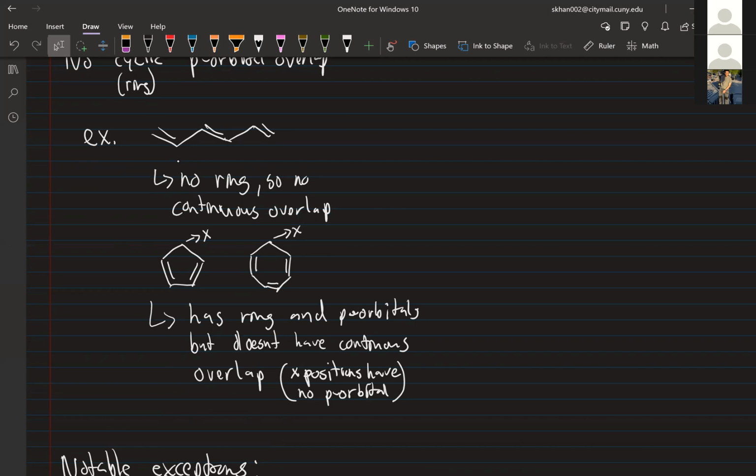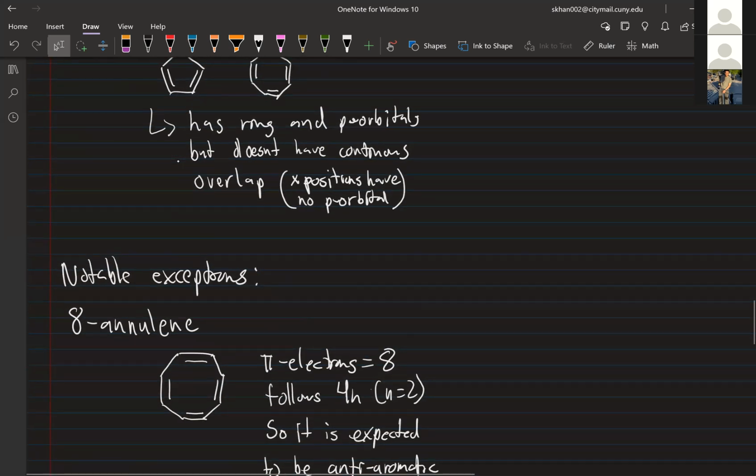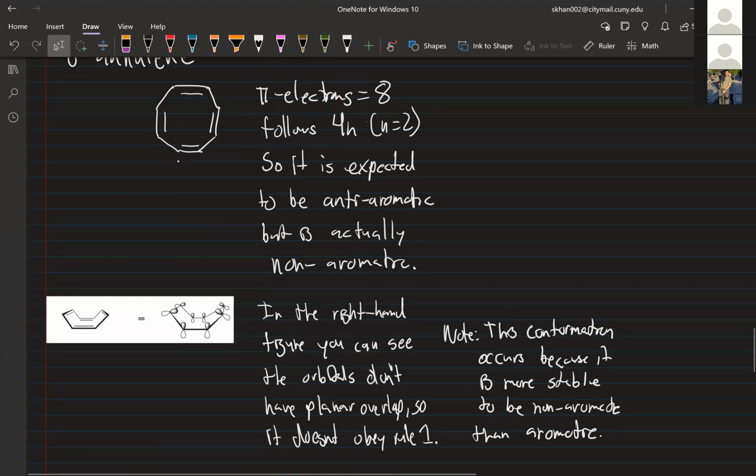At position X there, it's an sp3 carbon. So it's a ring, it has multiple bonds, but at that position, it's not flat anymore. It's sp3 hybridized. Everything has to be sp2 hybridized for it to be flat all throughout. So it has rings and p orbitals, but doesn't have a continuous overlap. And then the only exceptions you need to know are 8 annulene